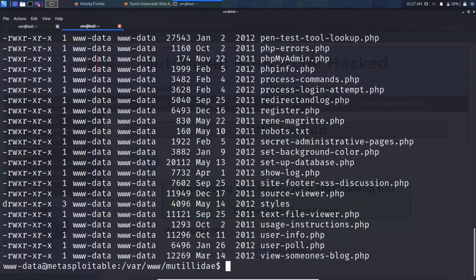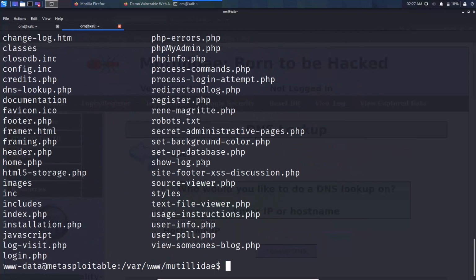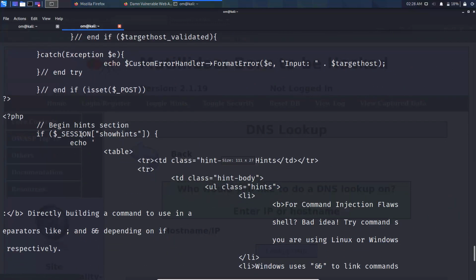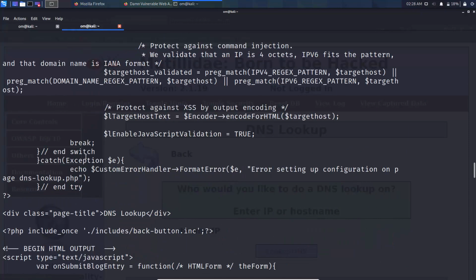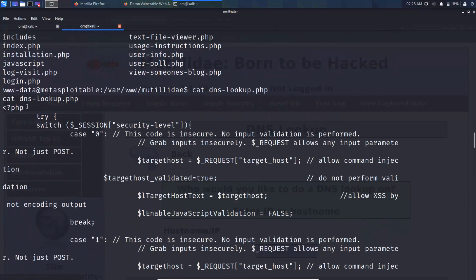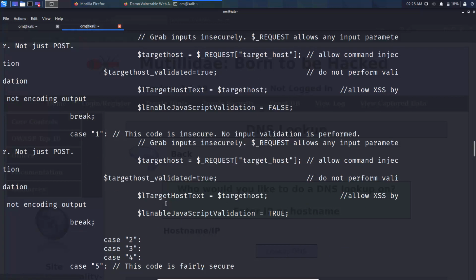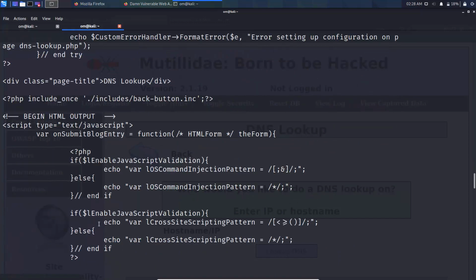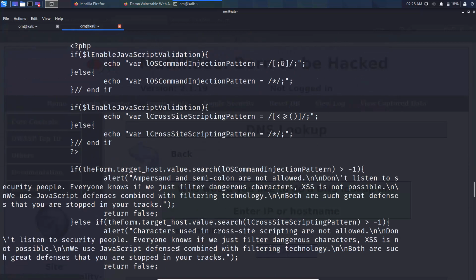We can view all the files over here, and now we can view the source code of that file. So this file is called dnslookup.php. So we can do cat dnslookup.php, and now we can view the source code. Make it a little smaller and go up. So let's try from the start. Switch on the session security level. So what is the security level? It checks the security level, and then let's move forward. This is the HTML output